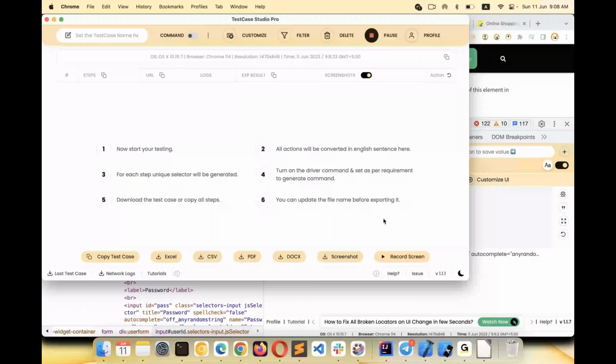So you see that in the pro version of Test Case Studio, you have the screen recording, more downloading options. You can download the last test case, the URL is there, and a lot more features are there in the pro version of Test Case Studio as well. Anyways,